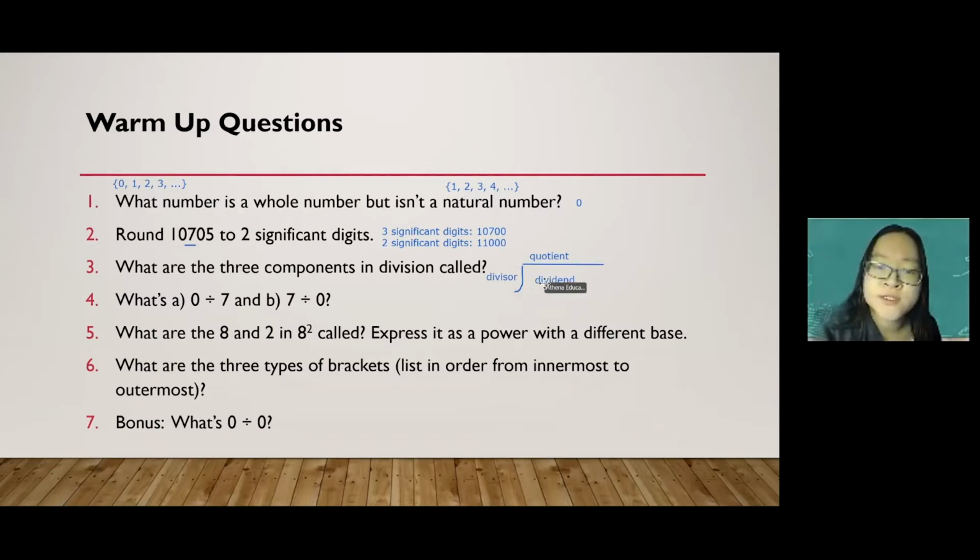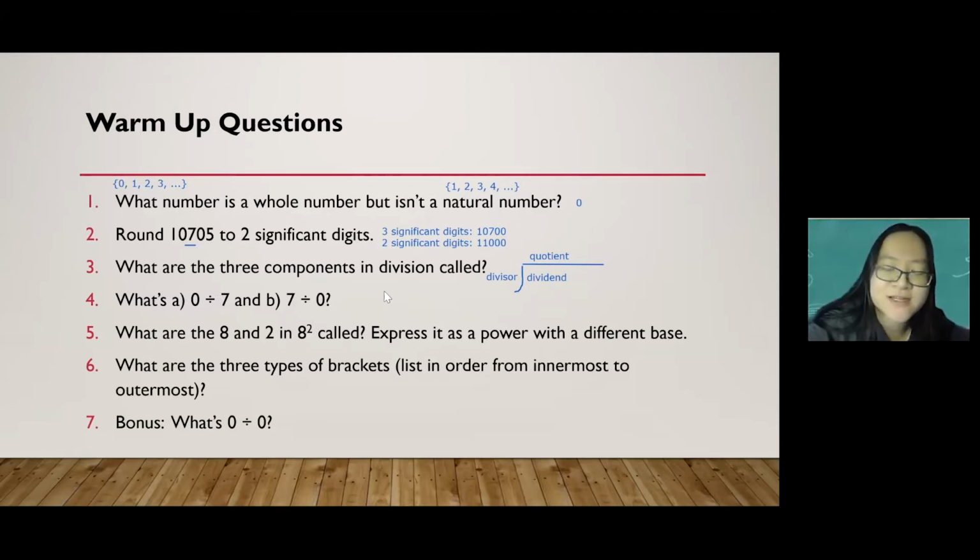Generally we use the words for the answer. They come up more: quotient is the answer for division, product is the answer for multiplication, sum is the answer for addition, difference is the answer for subtraction. So these terms come up more, but divisor and dividend are the other 2 components. Okay, number 4a,